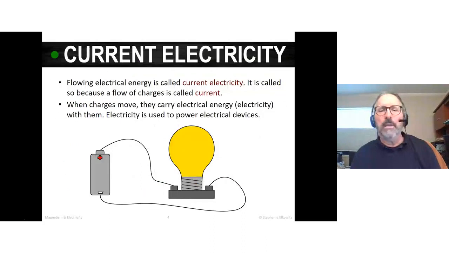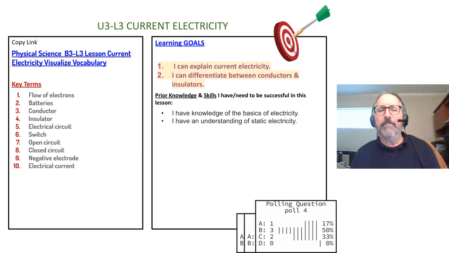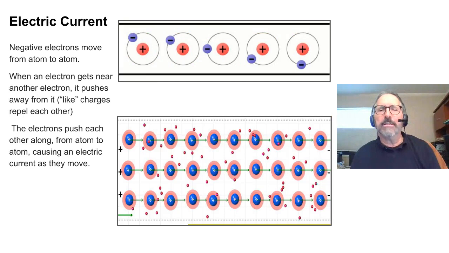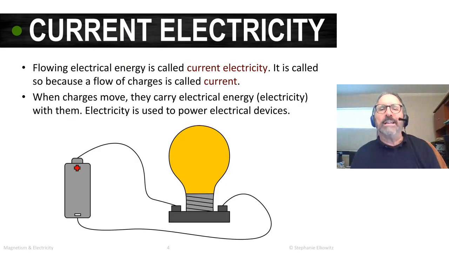All right, so this is our current electricity. The flowing of electrical energy is called electricity. It's called this because the flow of charges is called current. When charges move, they carry electrical energy or electricity with them. Electricity is used for power. All right, now static electricity,